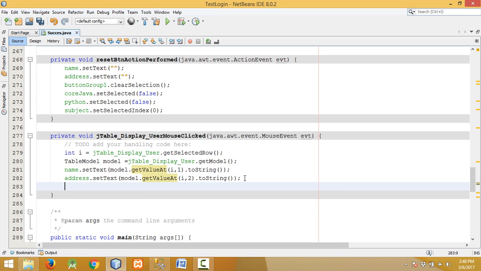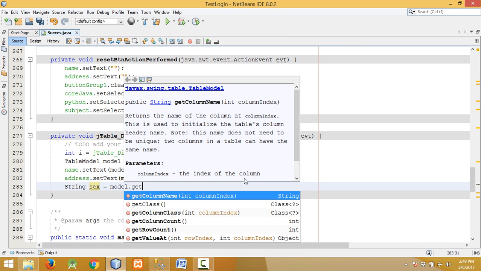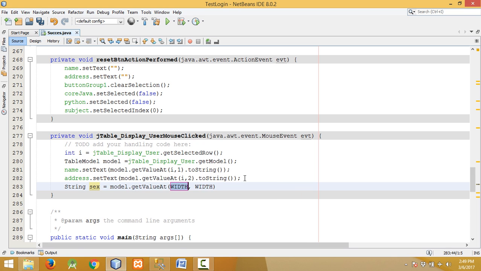Now for gender, let me define a string variable. String, let it be sex equals to model dot getValueAt i, and this will be 3 for gender, dot toString. We have to convert this into string.